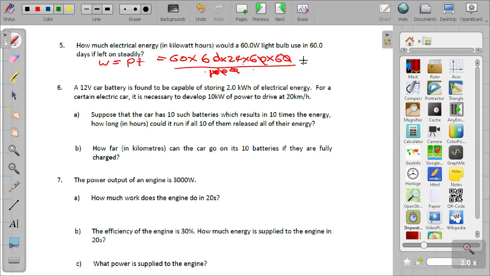So the amount of energy is 6 times 4 times 24. That is the amount of energy used. So you will have to again divide it by the amount of energy. No, wait. Again, you have to divide it by 60 and 60 to convert to hours.